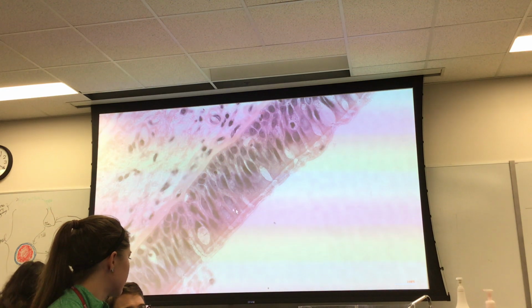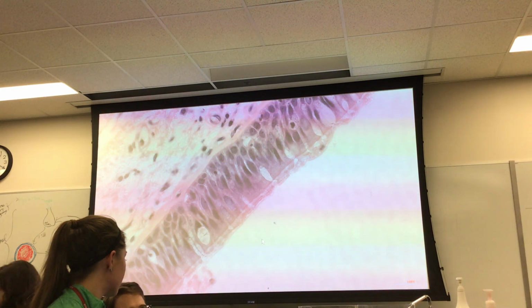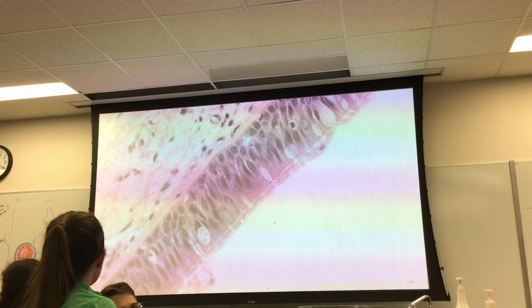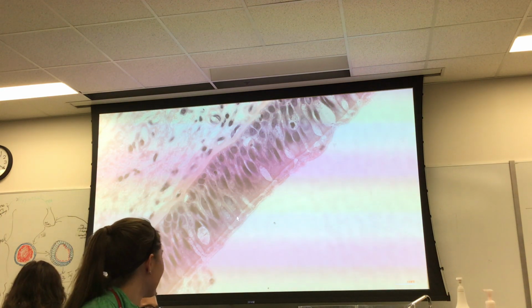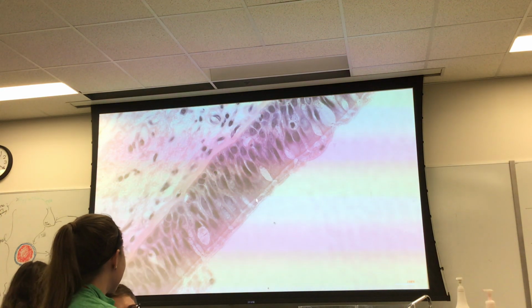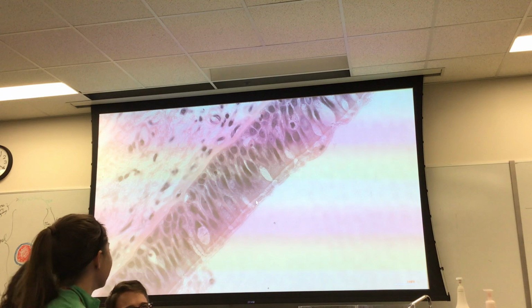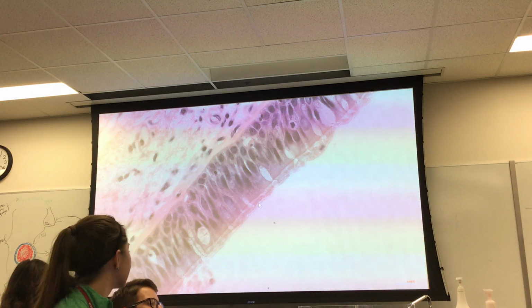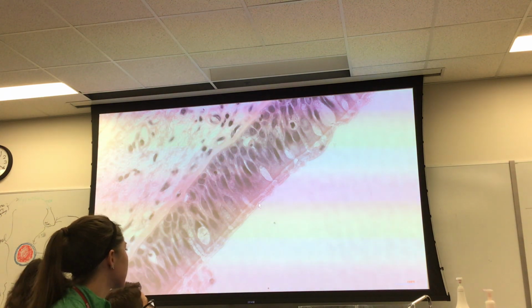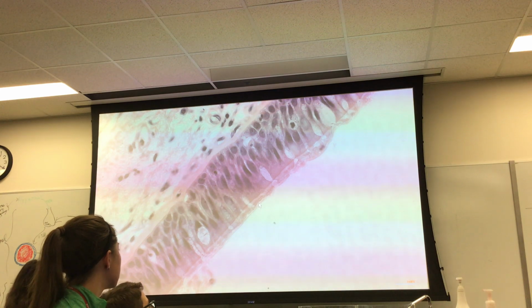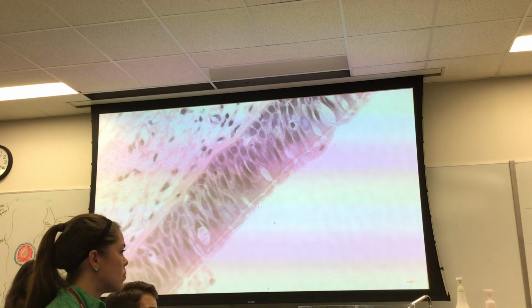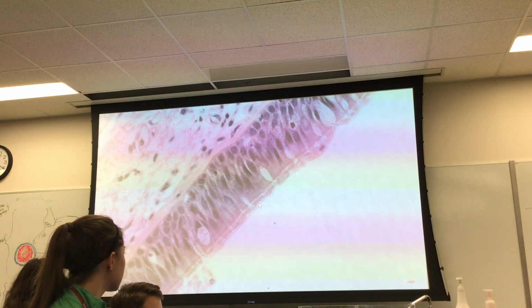Where's the cilia? The cilia aren't as clear as the last one, but they're this wispy stuff right here. Key feature, this red line right along the surface, that's the apical membrane, so all this stuff is sticking out in the lumen. And because it's sticking out so far, you know it's not microvilli, it's actually cilia. Okay,